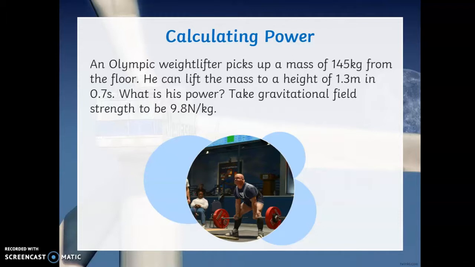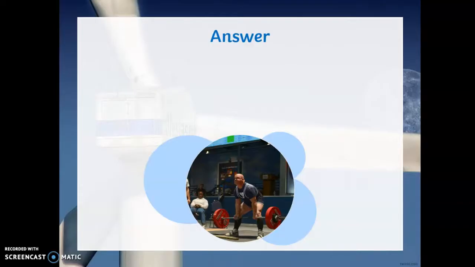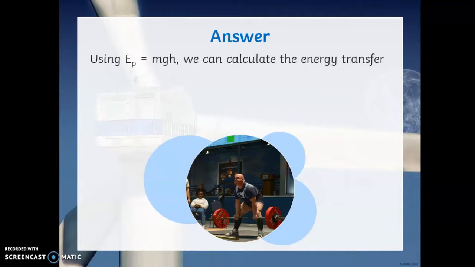So pause now, see if you can have a think of what that equation is. The equation that you need to find the gravitational energy is mass times gravitational field strength times height. So looking back at our question,